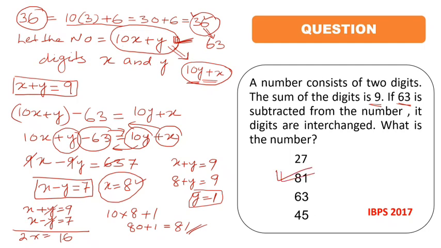Accordingly, we mark 81 as the correct answer. From here itself, we can write the answer for your competitive exam because it starts with 8. We have only one option from the given options starting with 8, so you can directly mark the answer here itself. Okay, so this is the correct answer, 81. Kindly note it. Then we will go to the next question.